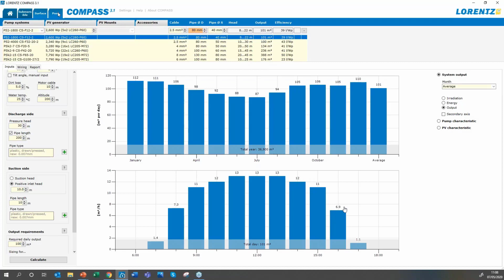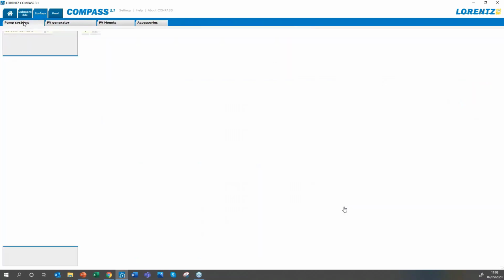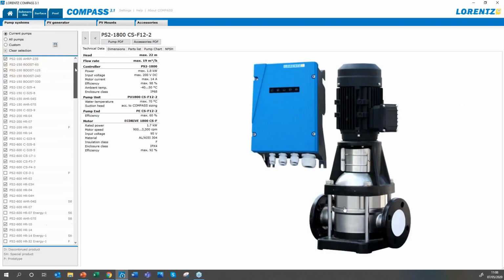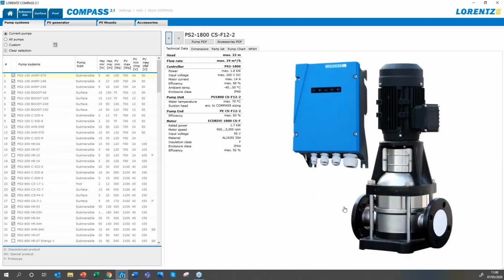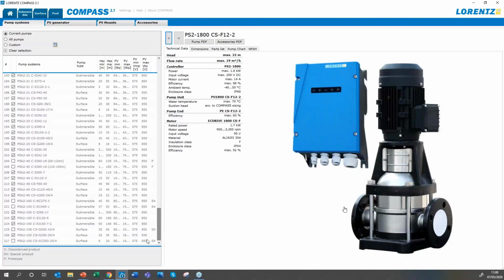There are lots of questions coming up here. I've got seven or eight different questions about whether there is a pump to do X or Y or Z, and what pumps are available. Actually, I'm going to click on this pump system tab here, and this is going to show you all the pumps that are available. So we have all of our pumps in here. Actually, we have data about every pump. If we look down to the largest pumps, we can see pumps that really will do